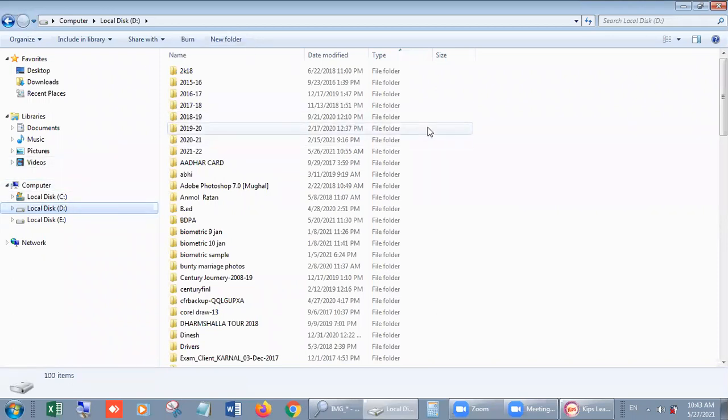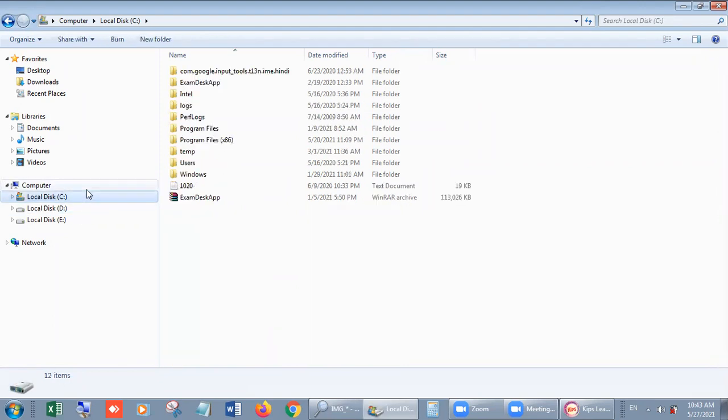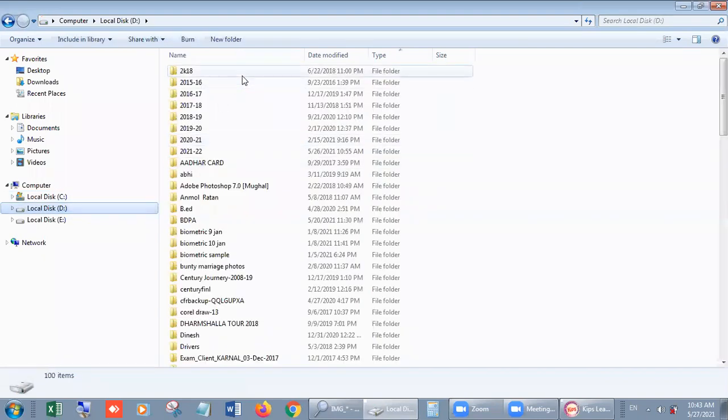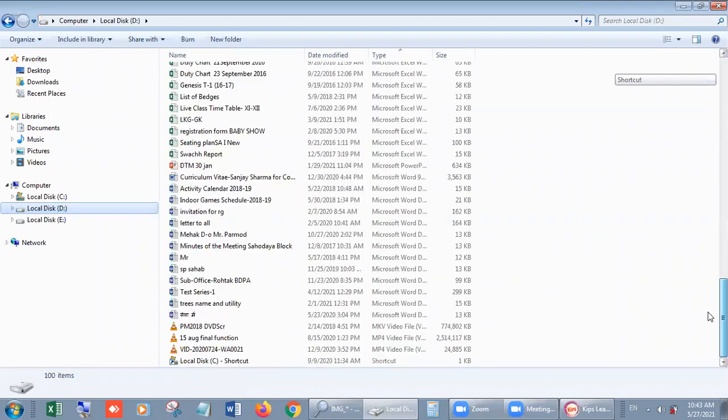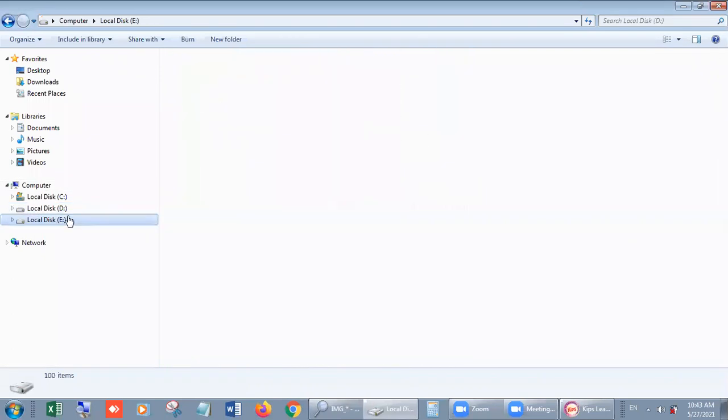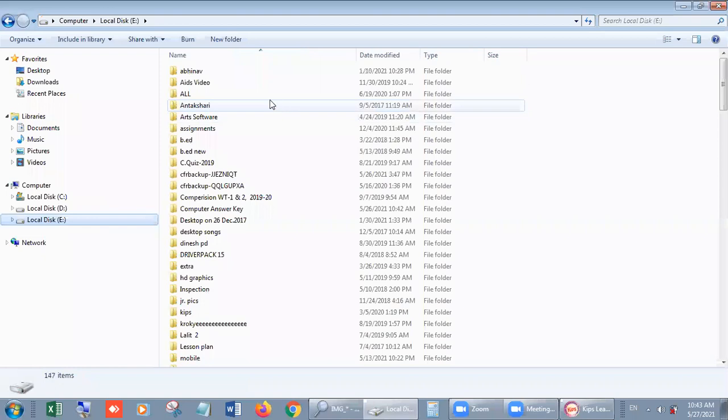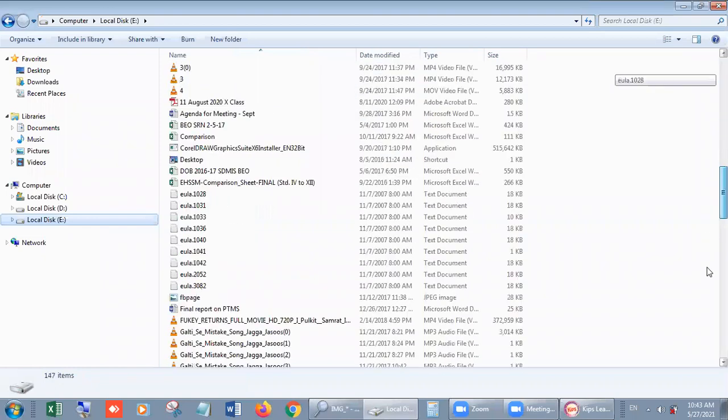And the other is the content pane. Content means the files and folders we have in any specific folder or drive. Just like when you click on C, you will see different files and folders, and on D, you can see different folders and at the end some files, and in the same way on E, we have different kinds of folders and files.